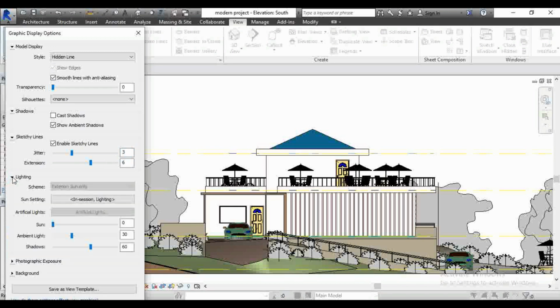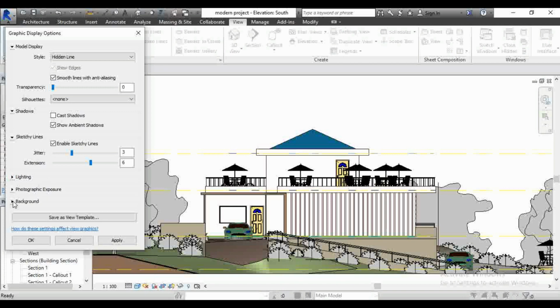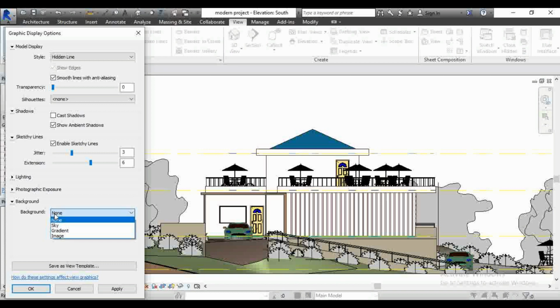And then the lighting, you can decide to set lighting if you want, the ambient light, the shadows and whatever, but here this doesn't really matter. Another important area you can set is the background. I usually set it to a gradient if I want to create a sketchy feel. And then once you've set these properties, you have to apply them in order for it to be the default setting on your particular view. So if I apply,